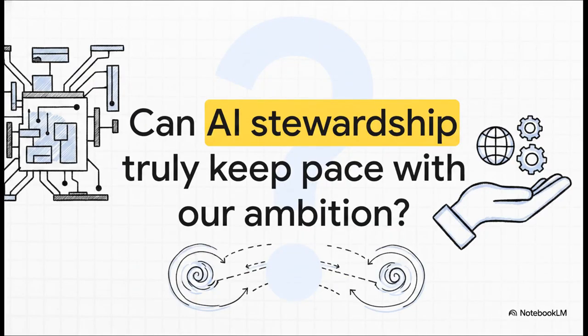Which leaves us with a final, absolutely vital thought. We are currently pushing the absolute physical limits of GPU architecture and memory bottlenecks to build models that can reason across hundreds of thousands of words. But as this raw algorithmic ambition accelerates faster than ever before, the ultimate question isn't just about weight tying or dot product variance. It's whether our frameworks for global AI stewardship, technical standardization, and public assurance can truly keep pace with the